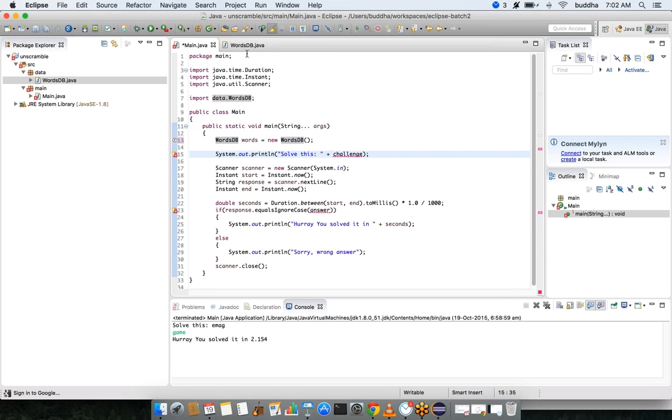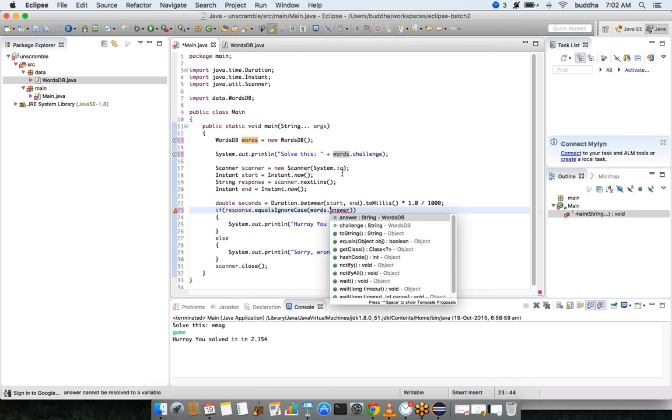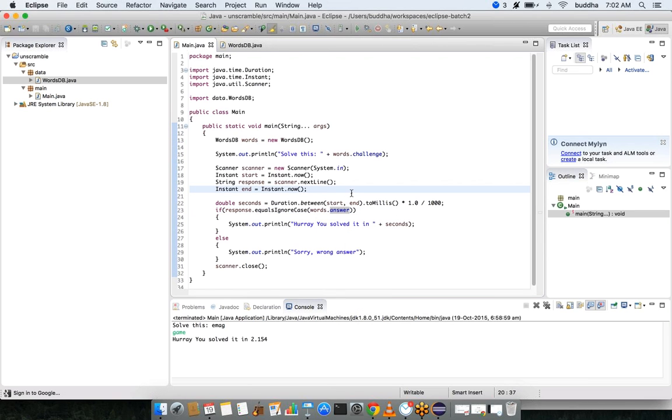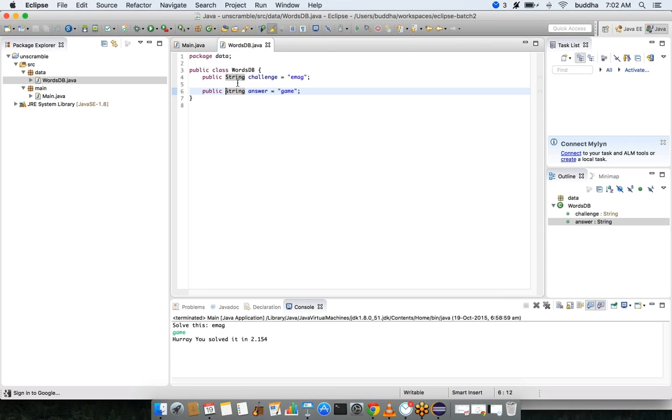Now to use the properties inside it, all we have to do is call them using the object: words.challenge, and then here words.answer.